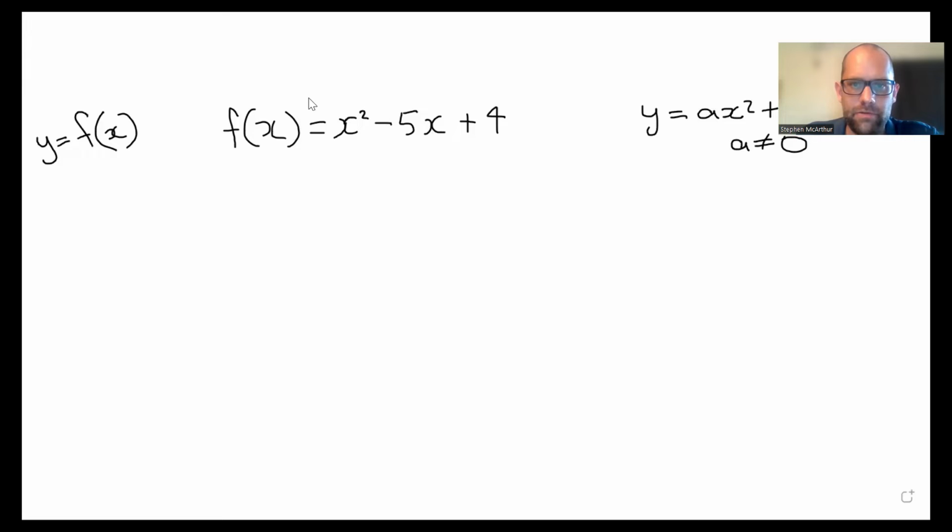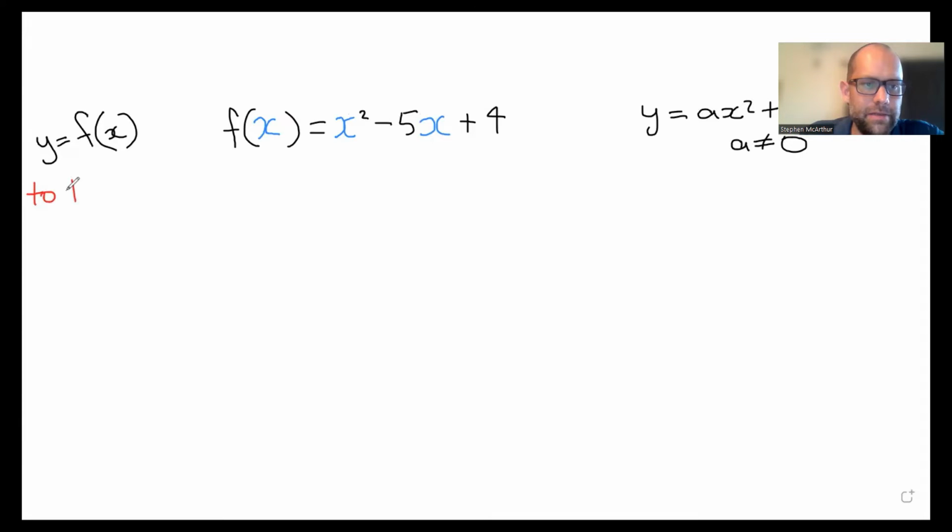Now, I'm just going to erase our x's for a second. Do our x's in blue so that it's really obvious where they came from. So we've got f of x equal to x squared minus 5x plus 4. Okay, so let's do the new one. We want to move this. Let's move this up 4 units. So